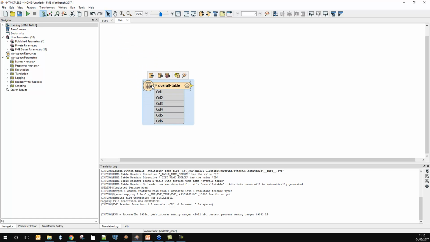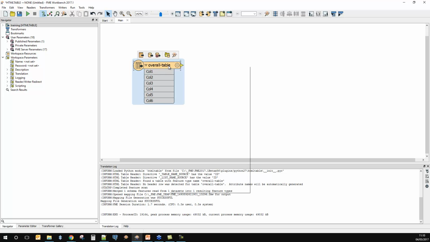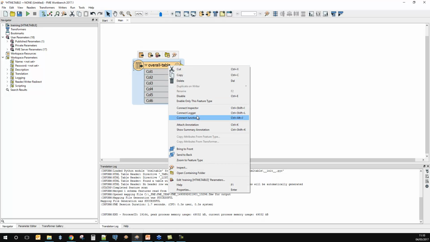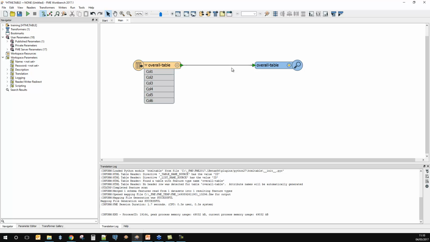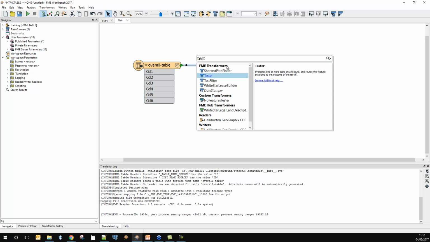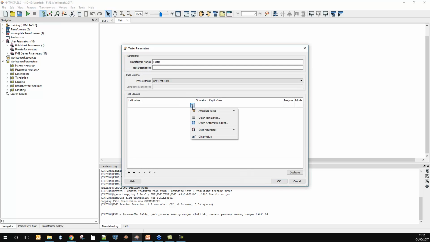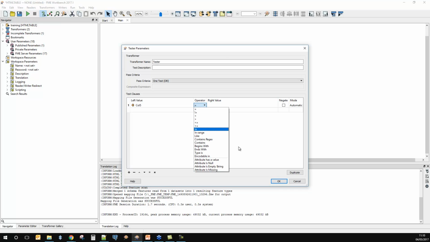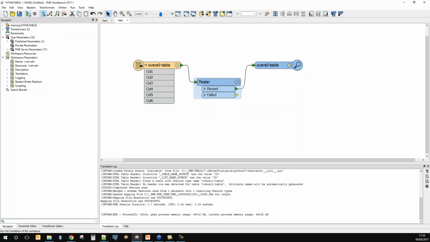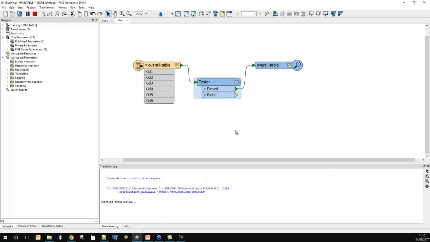is zoom in a little bit, and if I just pop an inspector in play, and I'm also going to put a tester in here because I'd like to filter out non-UK training courses. So if we say that we want to go for attribute contains the word OneSpatial. Okay, so then if we run it, we can see that